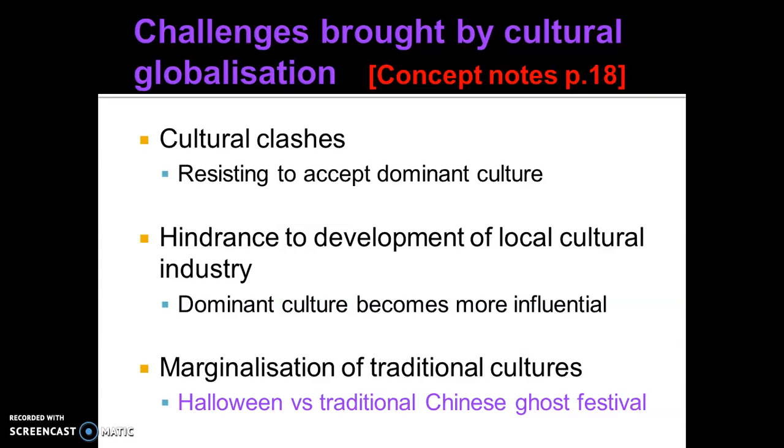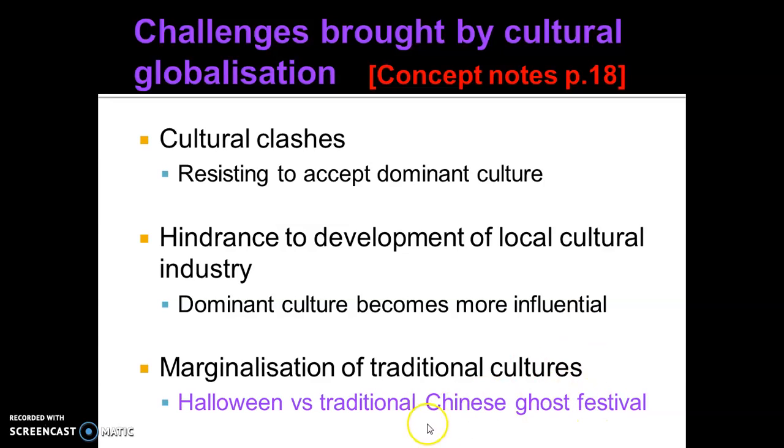But there are some challenges as well. What are the challenges? Cultural clash. Dominant cultures may clash with the local culture. Like I told you in a previous class, Starbucks in Beijing, are they only selling coffee? No, they also need to sell some traditional Chinese tea because many people in China think that coffee is just a Western product, not suitable for the body nature of Chinese people. So with cultural clash, when they want to run a business and earn a profit, they have to incorporate elements of Asia.